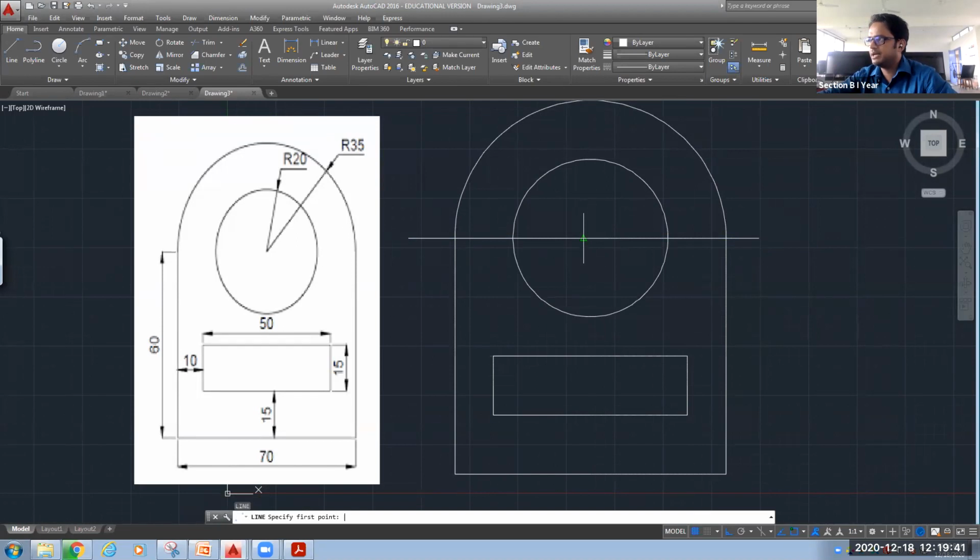Vertical line. But from where I want to draw that, see, the midpoint is not changed. It is not meeting with the circle center. So what I will do, I will write center. The center is visible now.